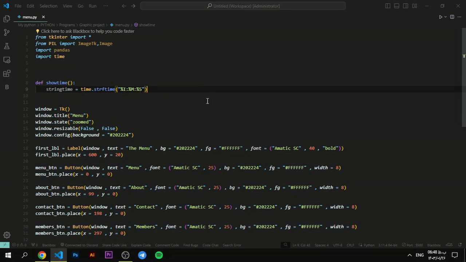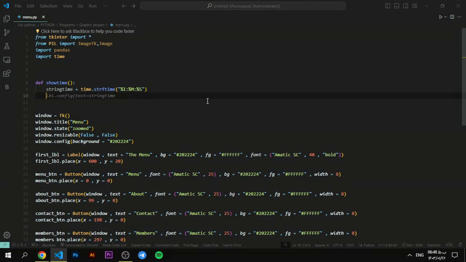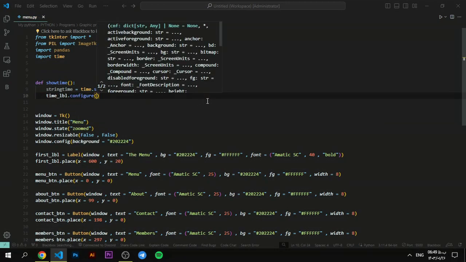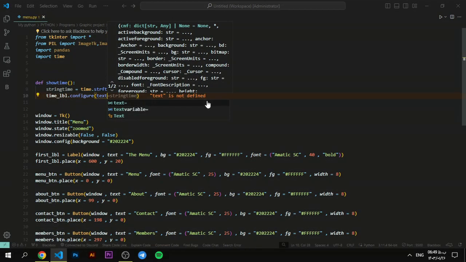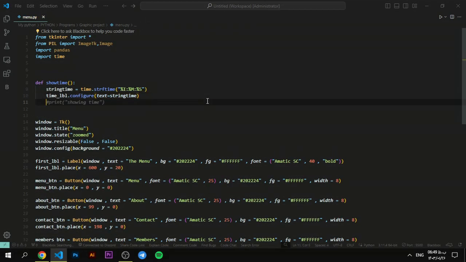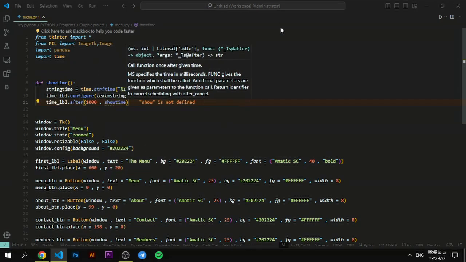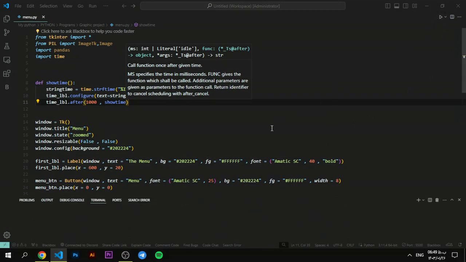And next thing, we need time label dot configure, and that text is string time, and last one is time label dot after 1000, okay, show time. Okay, if you run your app again, you can see